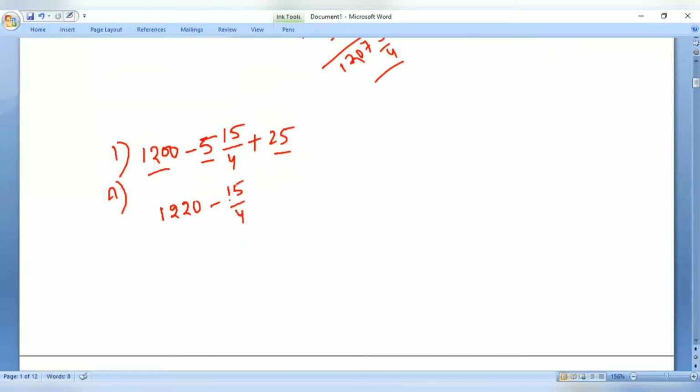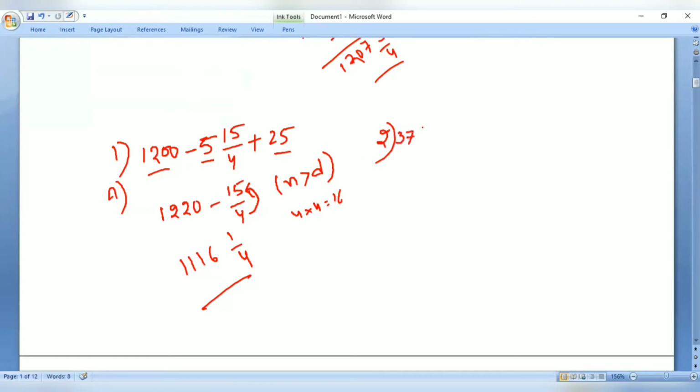So in this case, what do we need to do? The numerator is greater than the denominator. That means the second case. We need to identify how many times the numerator will be cancelled with the denominator. So 4 fours are 16 is the answer. So subtract 4 from 1220, it becomes 1216. Then the difference is 16 minus 15, that is 1 by 4. This is how the answer is done. Let us take another example.